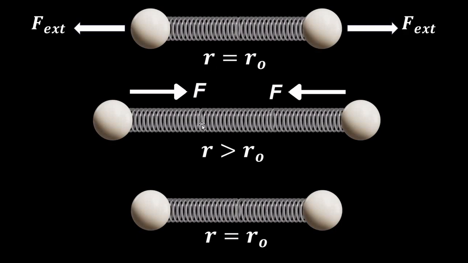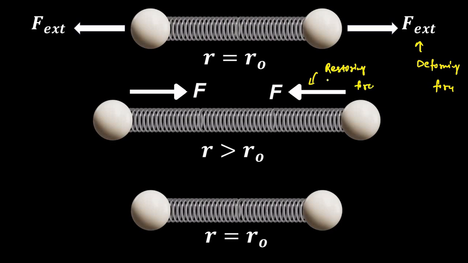So when they are stretched by the externally applied deforming force, the restoring force of the spring acts in the opposite direction. So this is the same as the interatomic force of attraction. The restoring force restores the two atoms back to their original stable equilibrium position. So this is the externally applied deforming force,